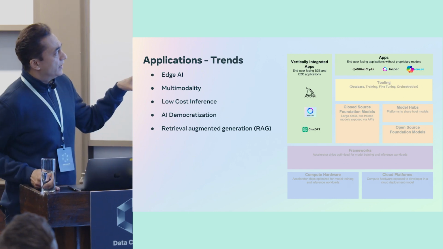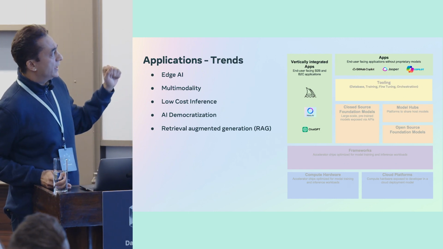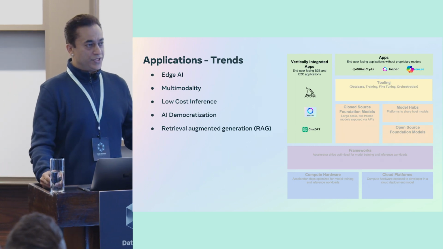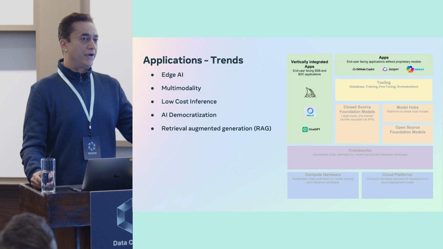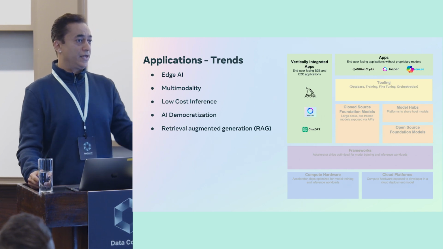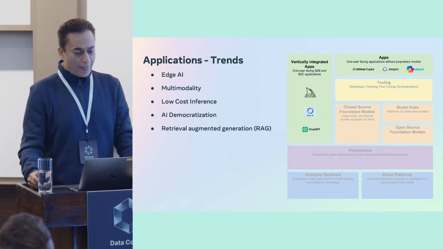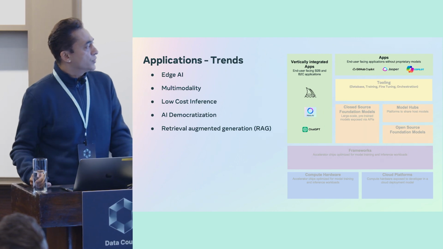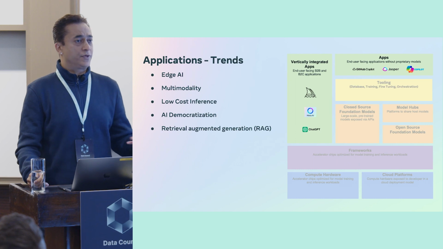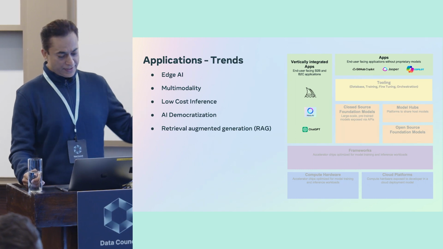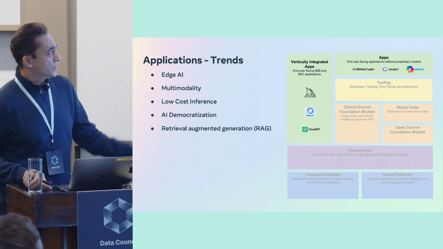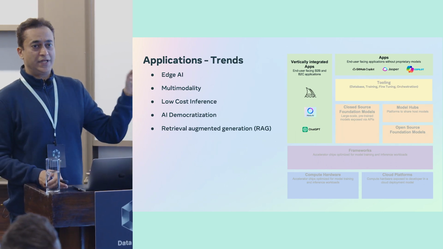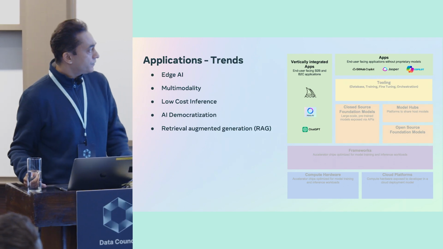And then the final layer is the application. There's vertically integrated applications like ChatGPT, Meta AI, and so forth, which allows you to directly integrate into your apps, or you can directly use it through an API. And then there are other apps as well, which are end-user, consumer-facing apps. A lot of Facebook's first-party apps actually use these features as well. So we use Meta AI internally to enhance a lot of the functionality within the Instagram and Facebook apps.